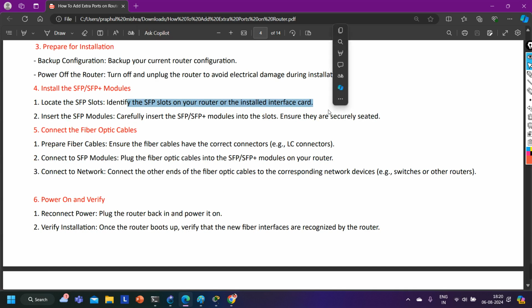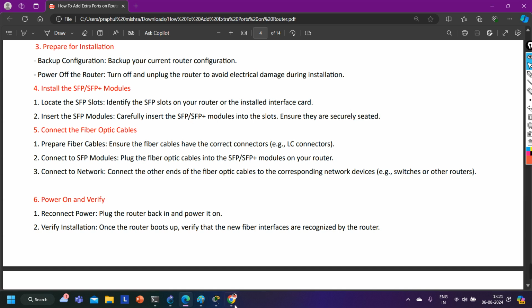So simply you can add SFP directly to your router, or you have to purchase a new hardware interface card, which will provide you RJ45 ports. But here you are not going to connect an Ethernet cable, so you don't need an RJ45 port. This time you need the port which supports SFP, where you can insert the SFP,